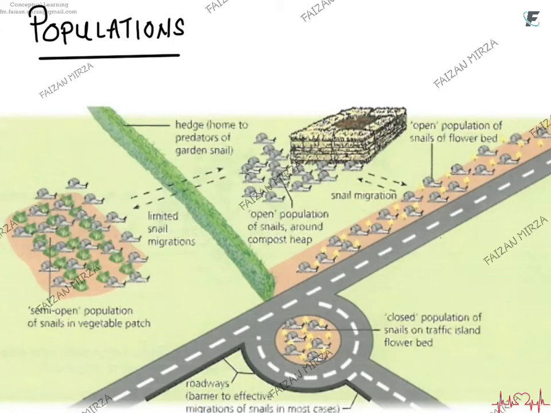We are discussing the topic of selection and evolution. The subtopic that we are discussing right now is basically population. So what is a population? Population actually refers to a group of individuals of a certain species which are living there at a certain time